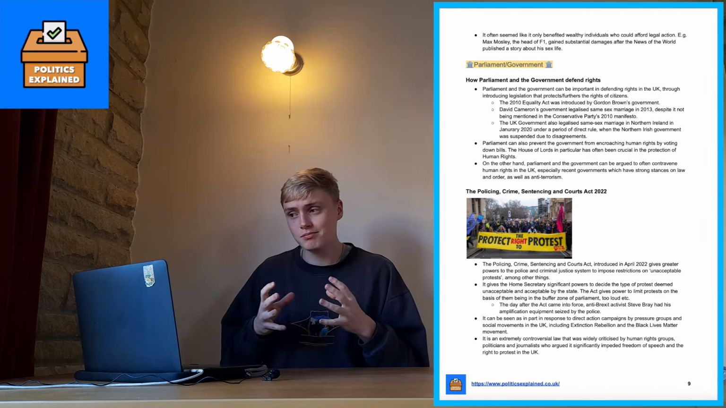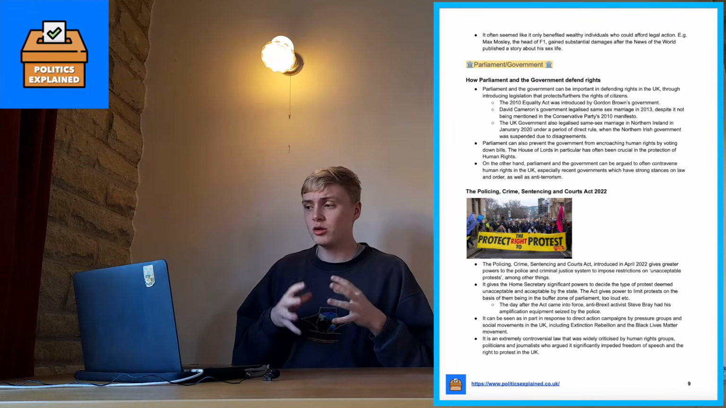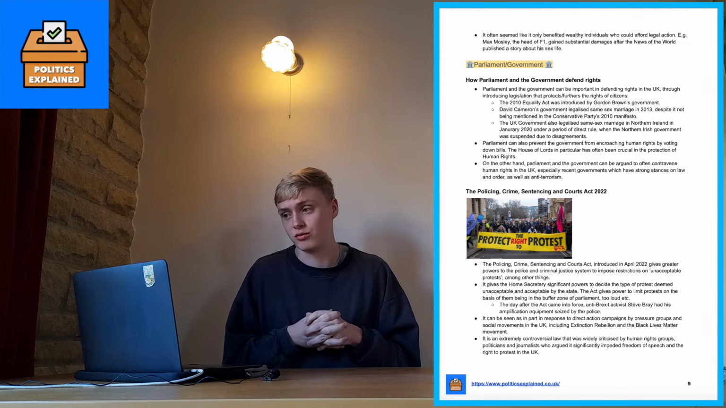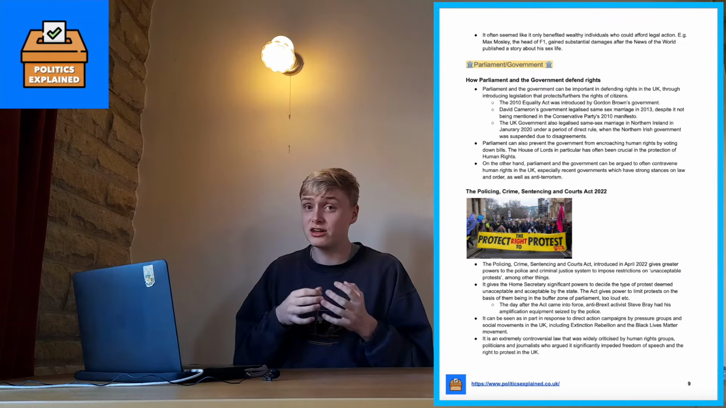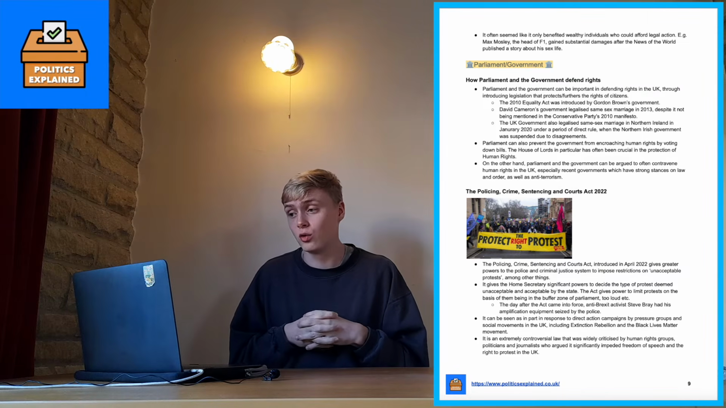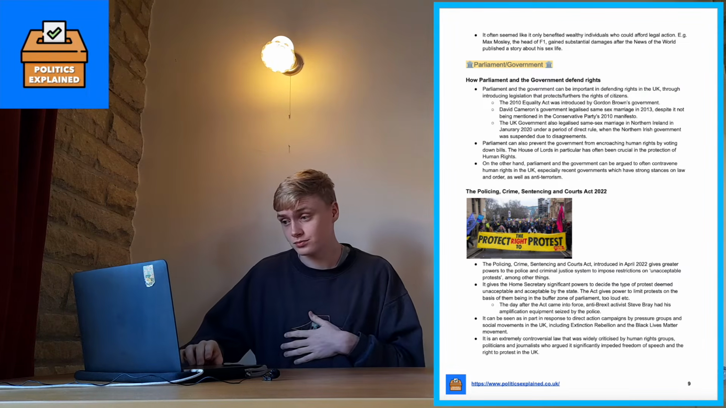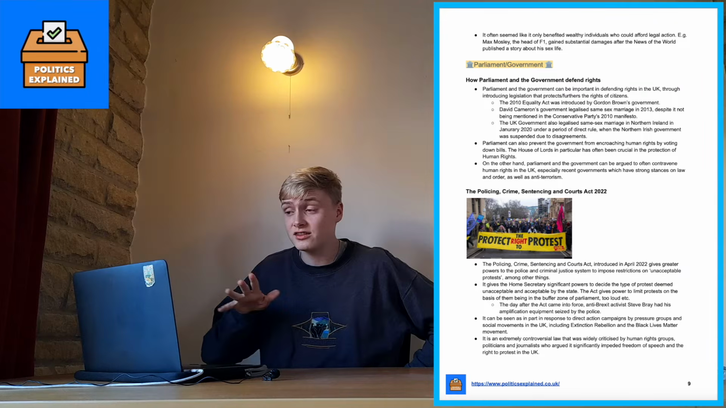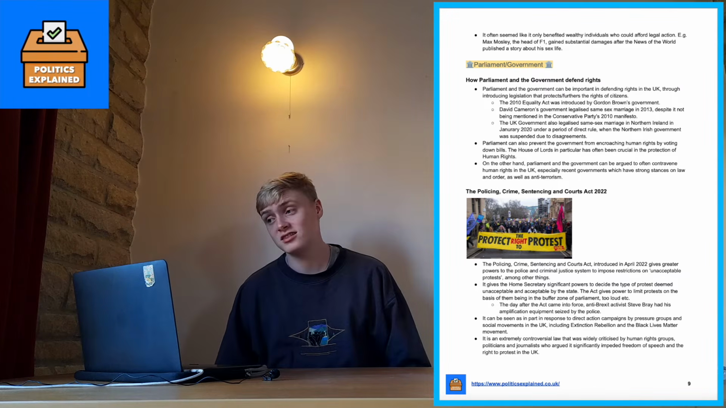On the other hand, Parliament and the government can be argued to often contravene human rights in the UK, especially recent governments which have strong stances on law and order and anti-terrorism. I'm going to go through a couple of examples of that now. One of the key examples is the Police, Crime, Sentencing and Courts Act